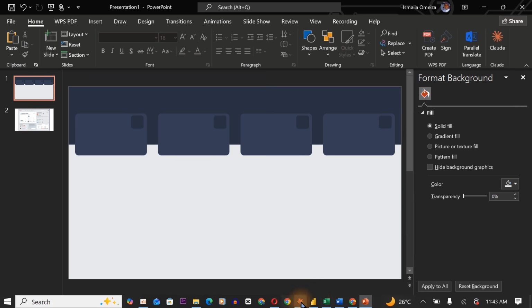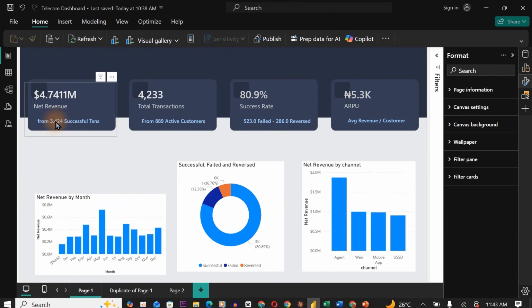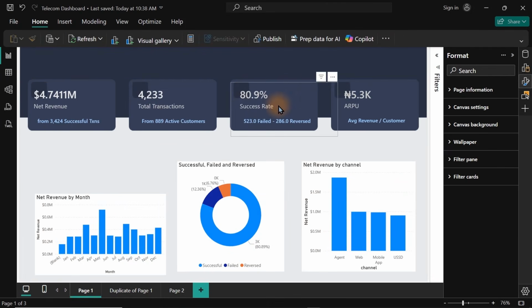some icons. So to get that done, we have to come over here: revenue, transactions, successful rate, and average revenue per,